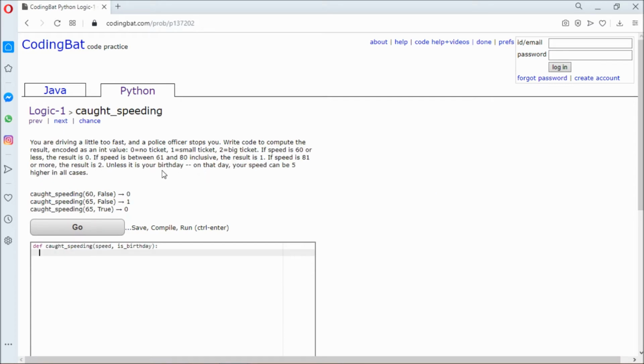You're driving a little too fast and a police officer stops you. Write a code to compute the result and code it as int: 0 for no ticket, 1 for small ticket, 2 for big ticket. If the speed is 60 or less, result is 0. If the speed is between 61 and 80, the result is 1. If the speed is 81 or more, the result is 2. Unless it is your birthday, on that day you can speed 5 higher in all cases. So if is birthday, then